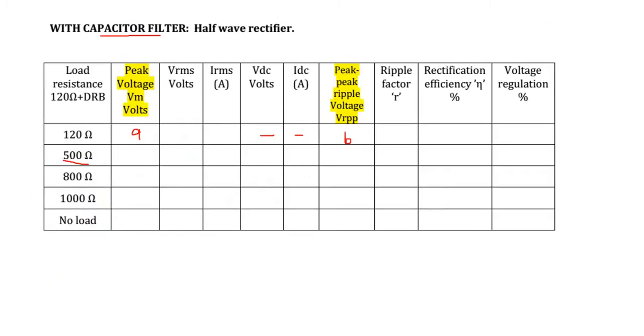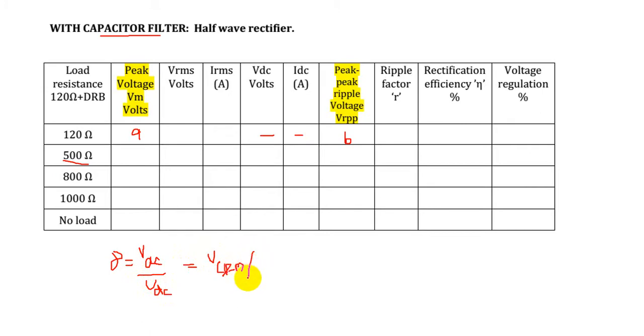So the performance factor, the same way we can find out the efficiency, regulation, as well as the ripple factor. Only for the ripple factor, the formula goes like this. The ripple factor will be nothing but the AC component by DC component. So the AC component, whichever is present, is similar to a triangular waveform. So the AC component RMS value is given by the formula peak to peak ripple voltage divided by 2 root 3.